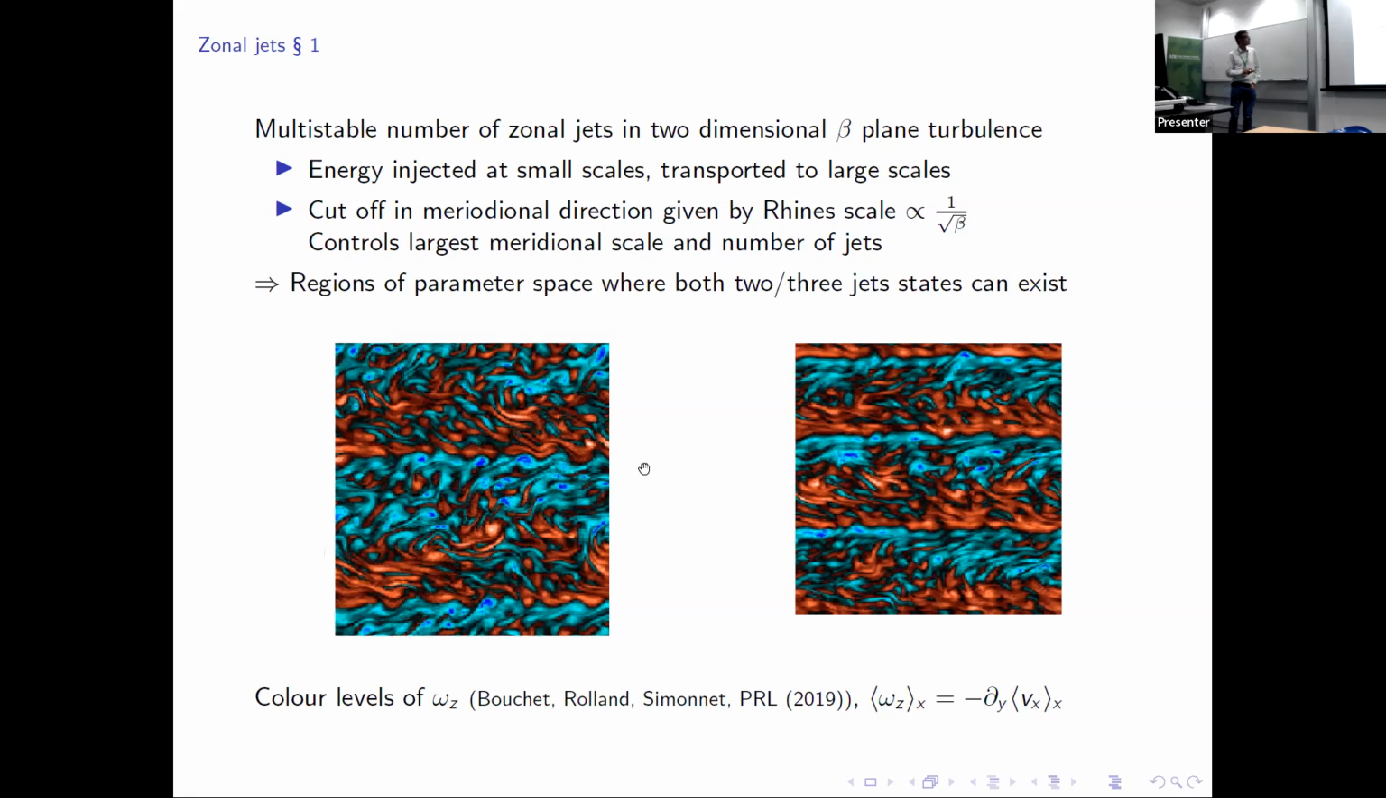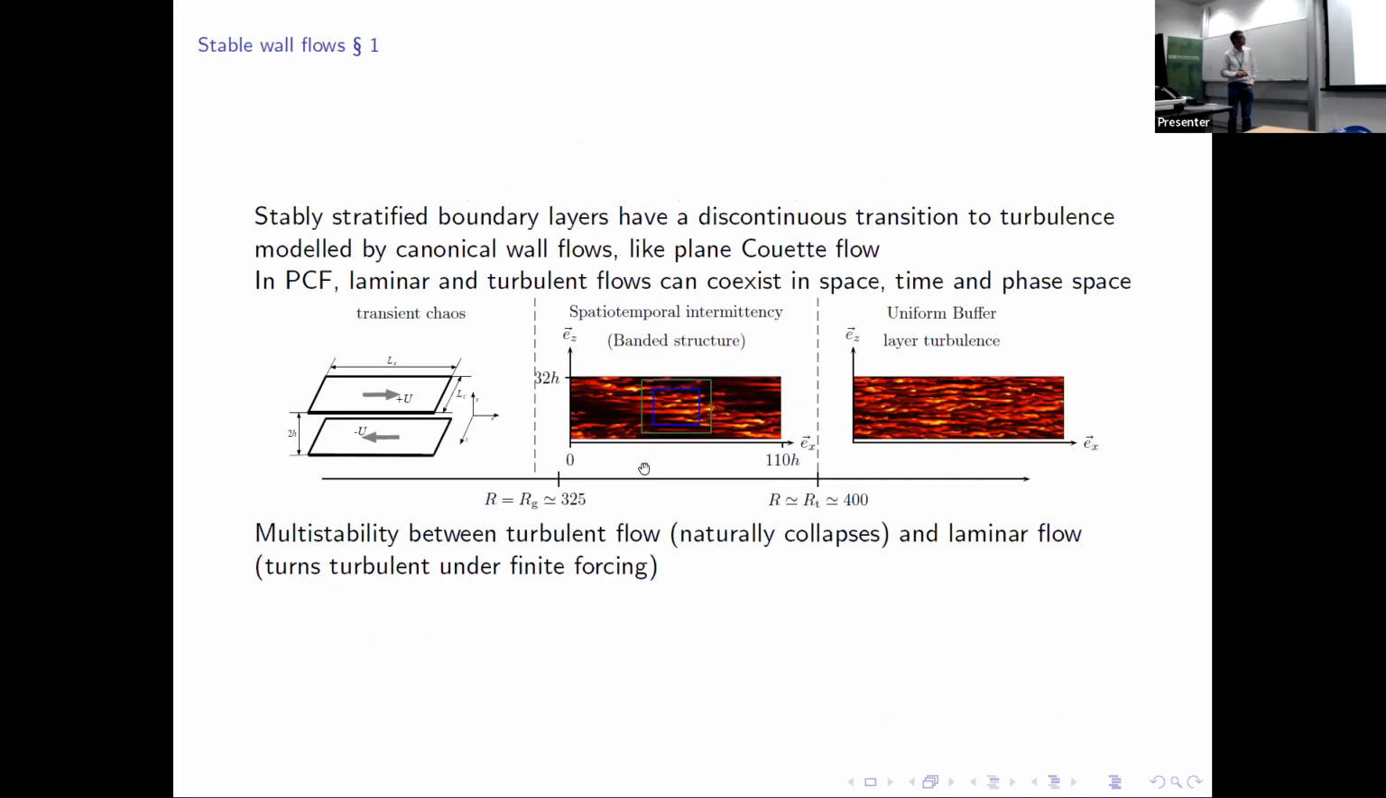The second example I'm going to talk about, and in which I've been interested for many years, is the case of stably stratified boundary layers, which have a discontinuous transition to turbulence, and it can be modeled by very canonical flows like plane Couette flow or flows like that. So I work a lot on basically the simplest case, at least numerically, the plane Couette flow, which is sketched here. So basically the flow between two parallel moving plates, which is controlled by its Reynolds number and the